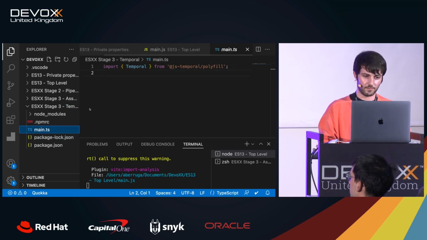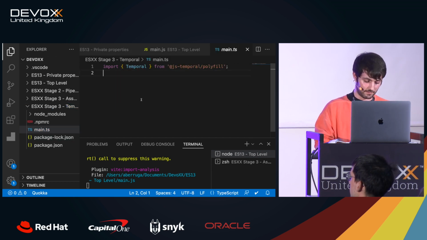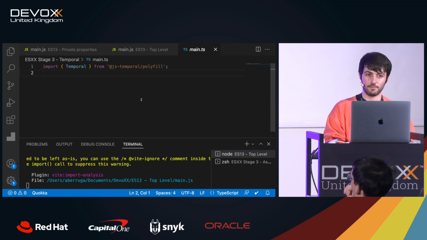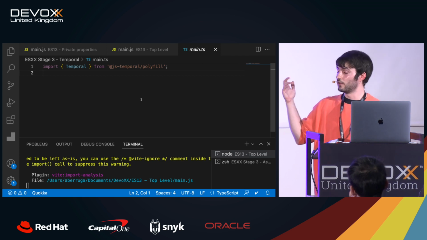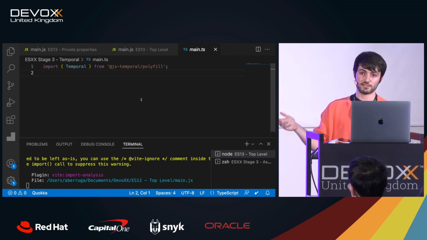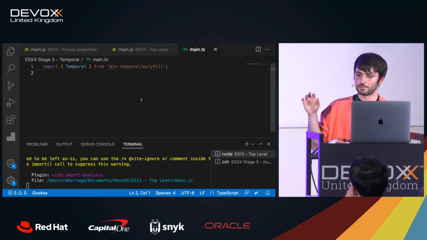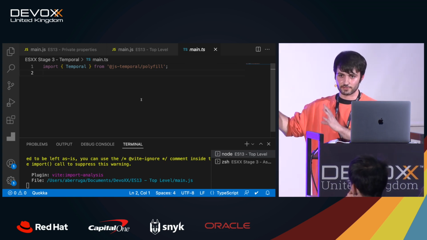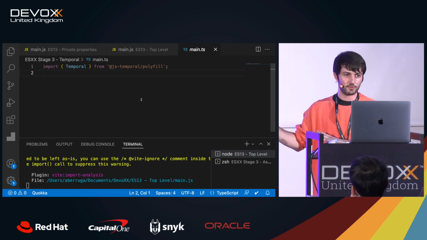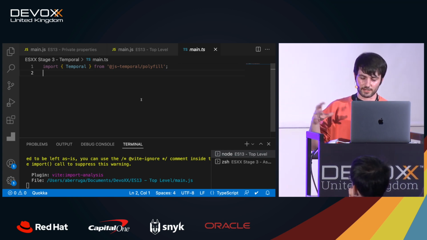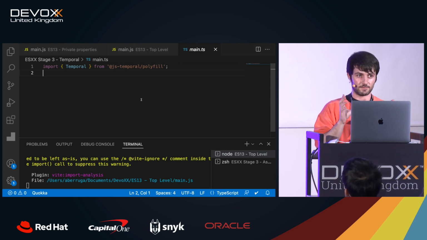Here we go. Boom. And this is what I said before, that we have polyfills that can help us start playing with the proposal. This is right now not supported by any of the browsers, and the main reason is that it is blocked right now, even though everything is ready in terms of the proposal itself. It's ready to move to stage 4, but an external organization is working on standardizing the time zones themselves, right?